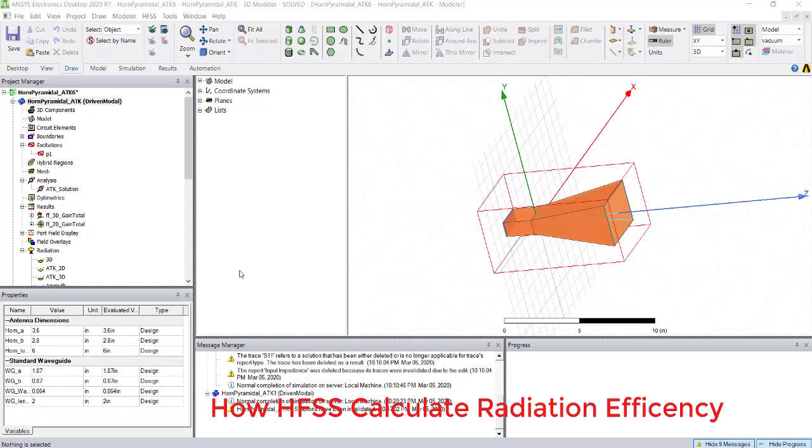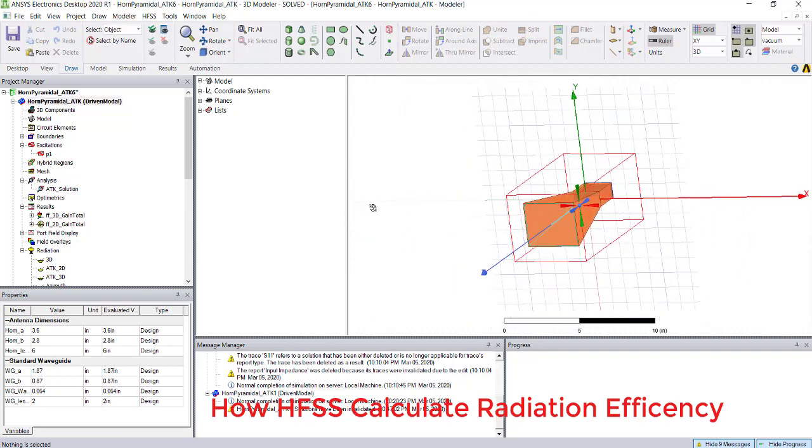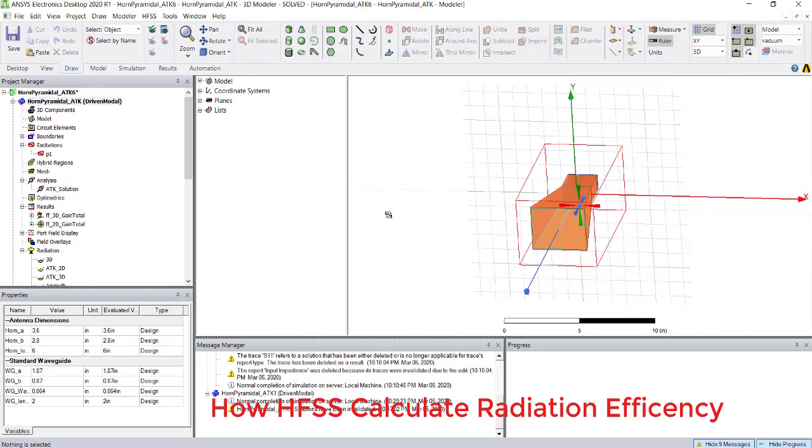Hi everyone. Today we will discuss antenna efficiency and how to get a very good antenna efficiency. As you know, an antenna is a passive device, so efficiency will not be more than one. So efficiency should always be less than 100%. So what happens is, if you have a system or antenna which doesn't have any lossy material.